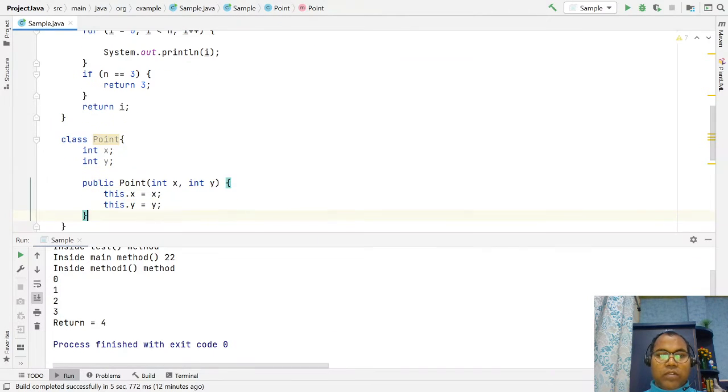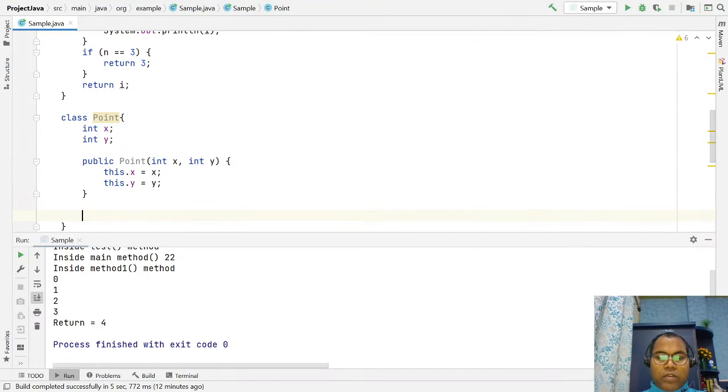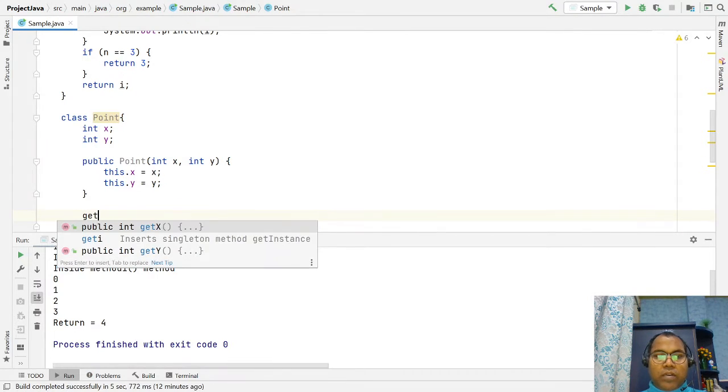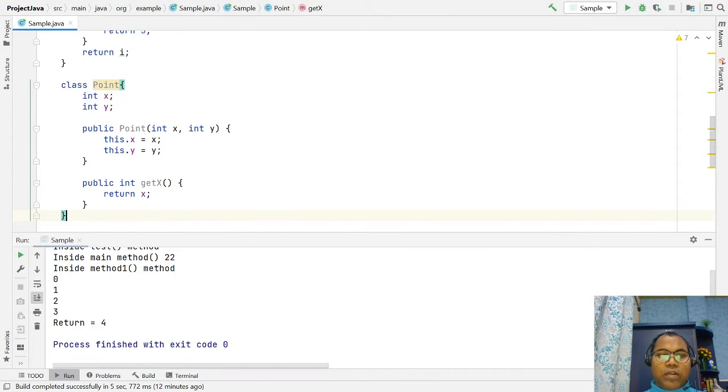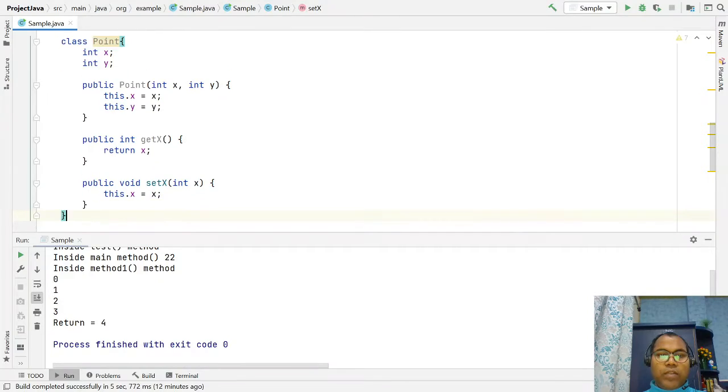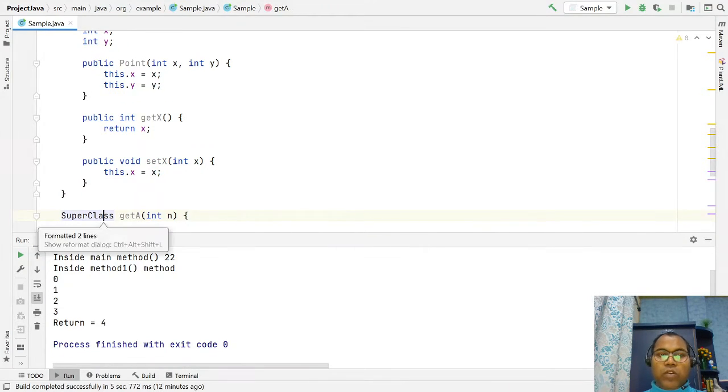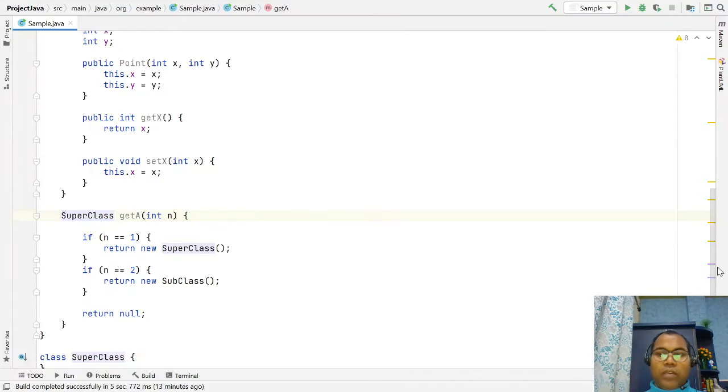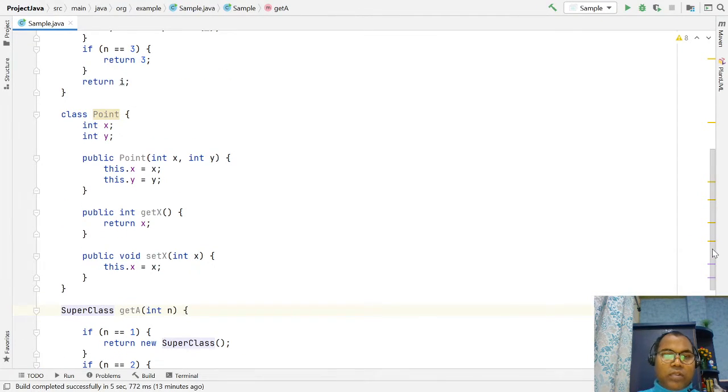or we can use a get method, or a set method. Here you will notice that generally all the editors use the keyword this.